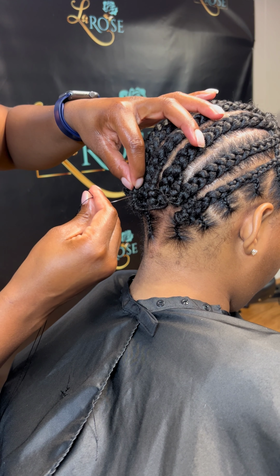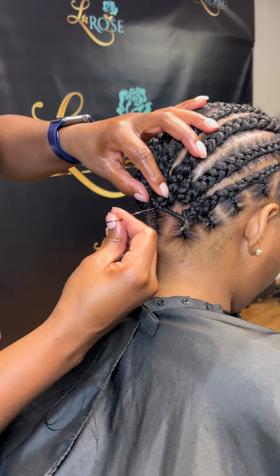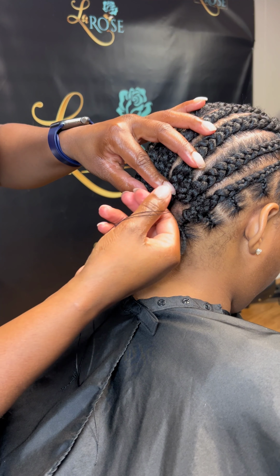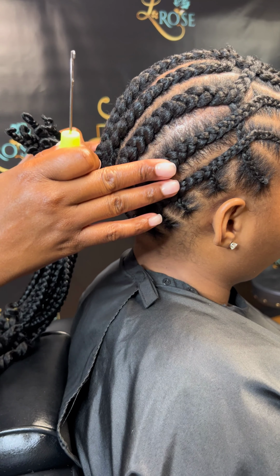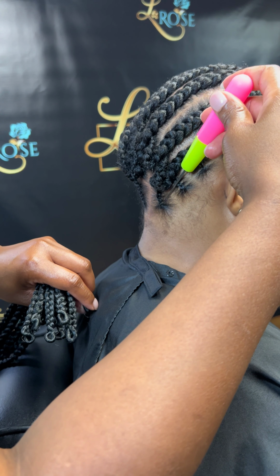If you want to pull your crochets into a ponytail, try this braid pattern. I'm also going to show you a different way to install them. So for this one, if you want it where it looks more like an individual coming around the sides, you